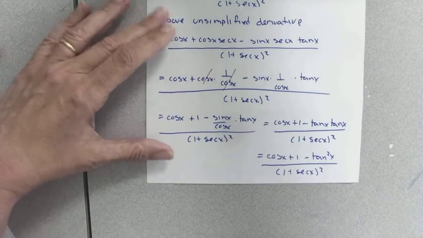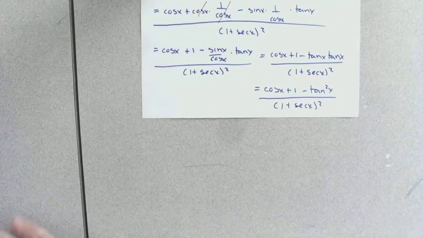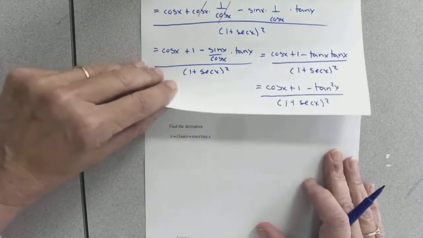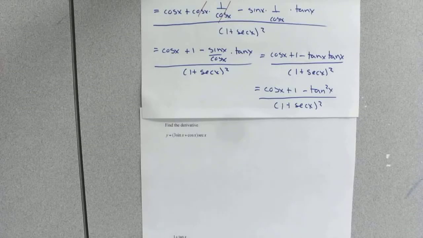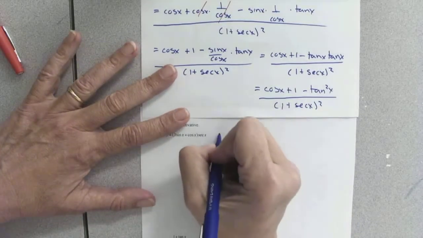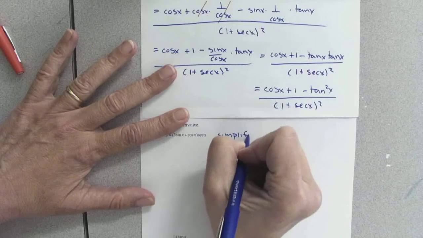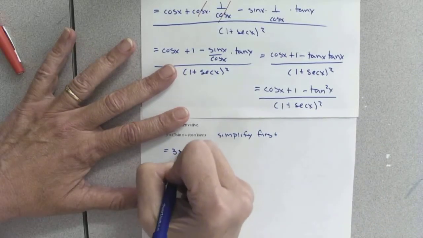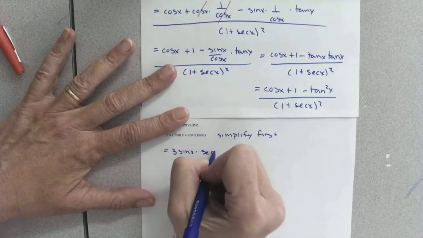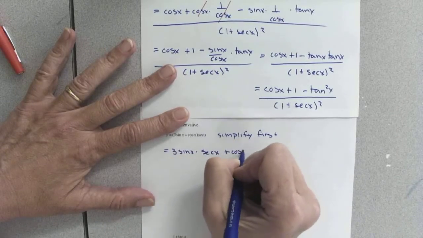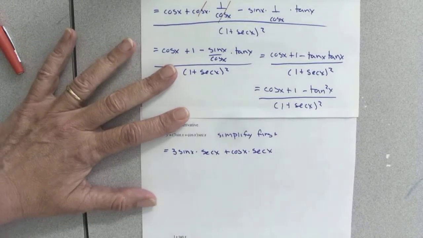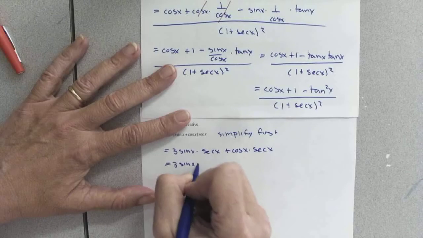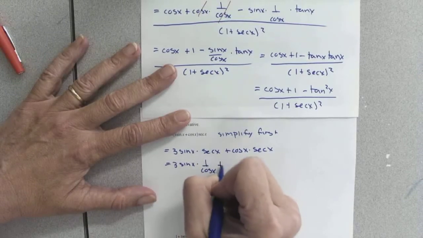Okay, next problem. Find the derivative. Now it's a product. Simplify first. Now this is going to be 3 times sine x times secant x plus cosine x times secant x. And then just like we did before, showing every detail,